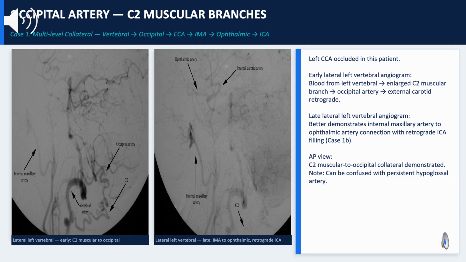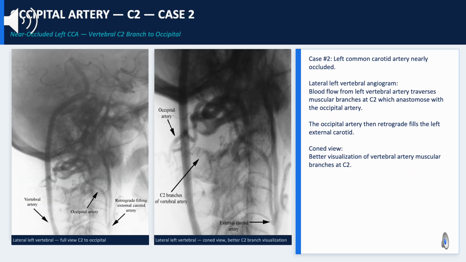vessel in turn. The AP view note about confusion with the hypoglossal artery is clinically important. Always trace the vessel from its origin in the muscular branches to its connection point to confirm it is extradural and not hypoglossal. A C2 case 2 provides a more focused demonstration of the C2 muscular occipital anastomosis with the